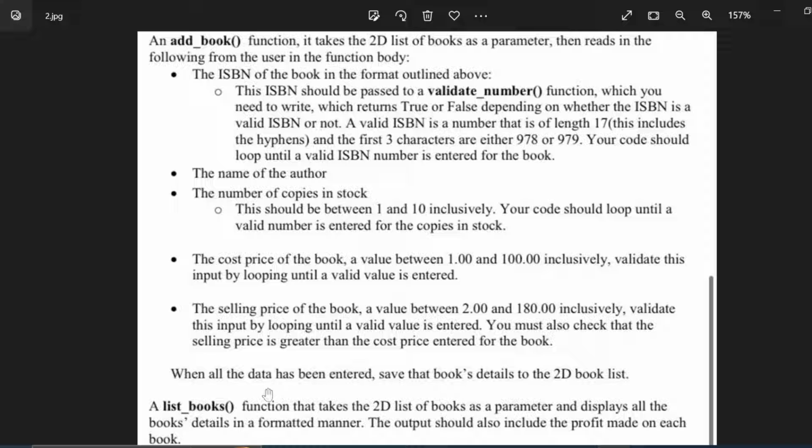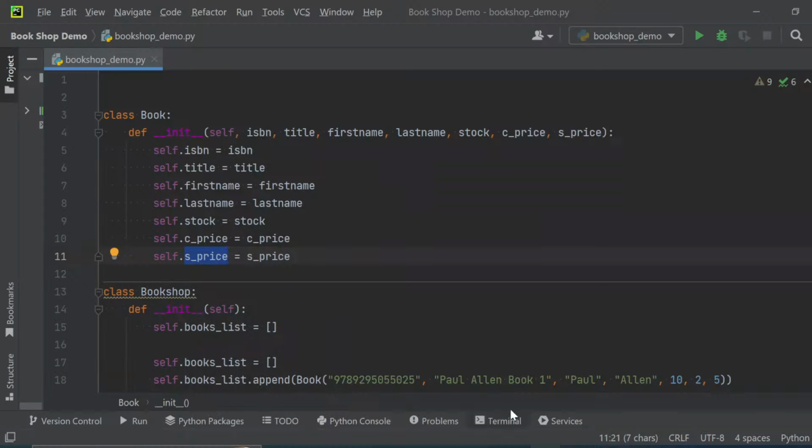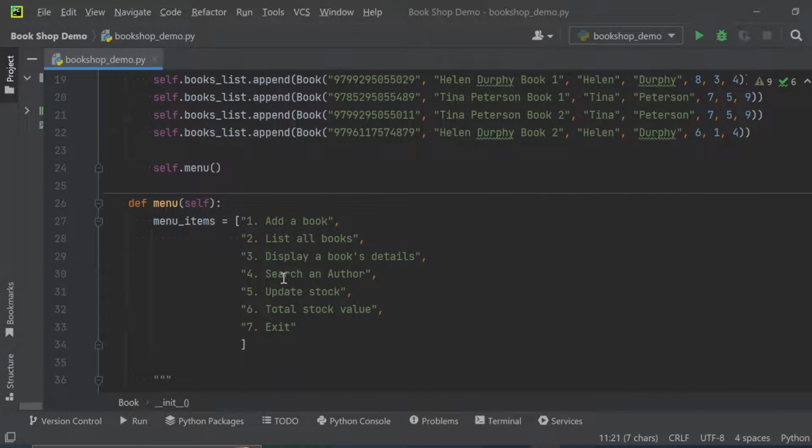So when all the data has been entered, save the book list details to the 2D book list. So that's what we want to do now. We need to check for these values, so what I want to do